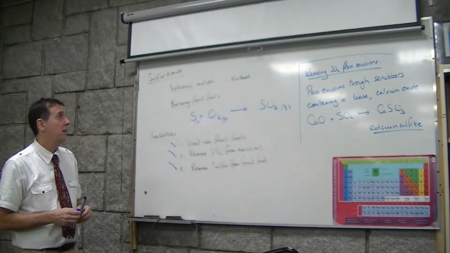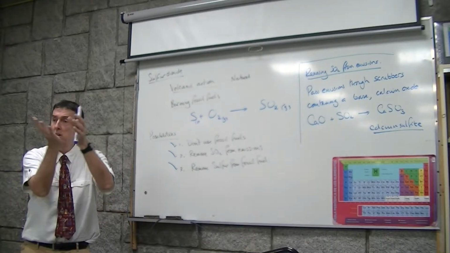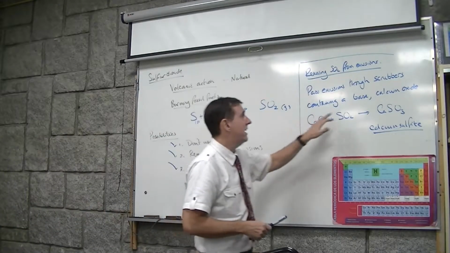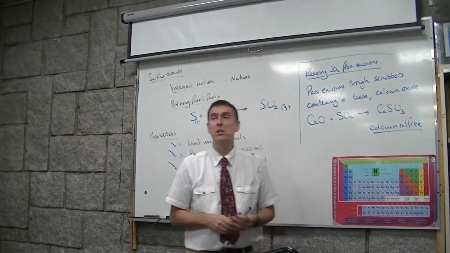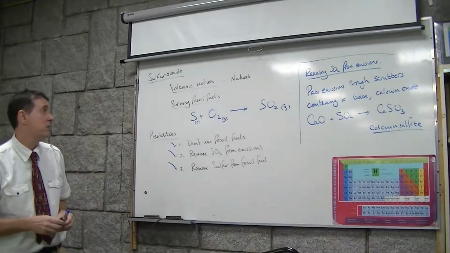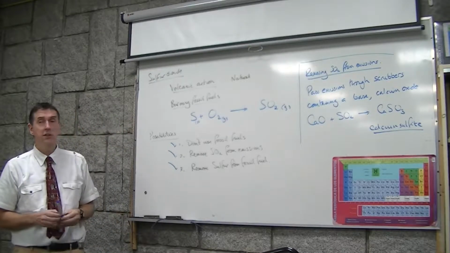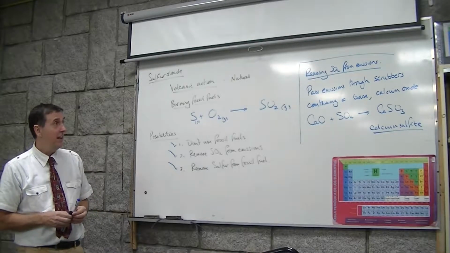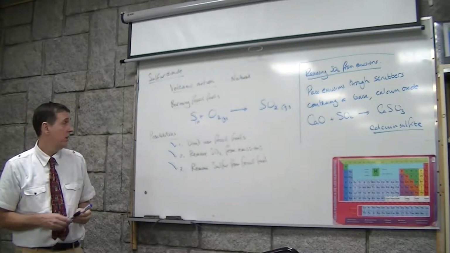So the systems are fairly clear. Any gas emissions are forced to go through all these regions where they've got lots of base. The calcium oxide reacts with most of the sulfur dioxide. We get calcium sulfite, which can then be removed and used for other purposes. Is it efficient? Nothing's 100% efficient, but it's not bad. Is it expensive or not? No, it's fairly cheap to do, because calcium oxide is a very cheap material.